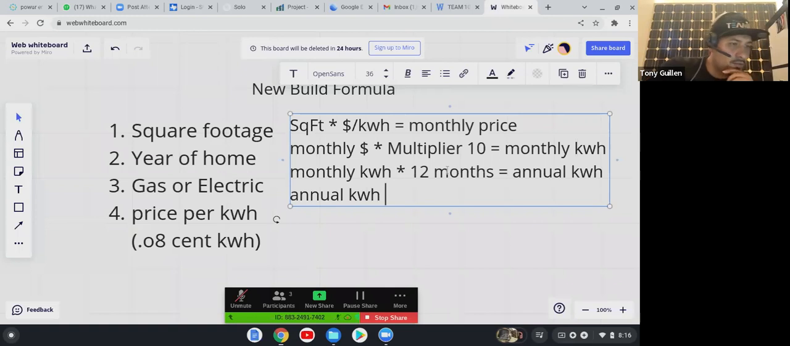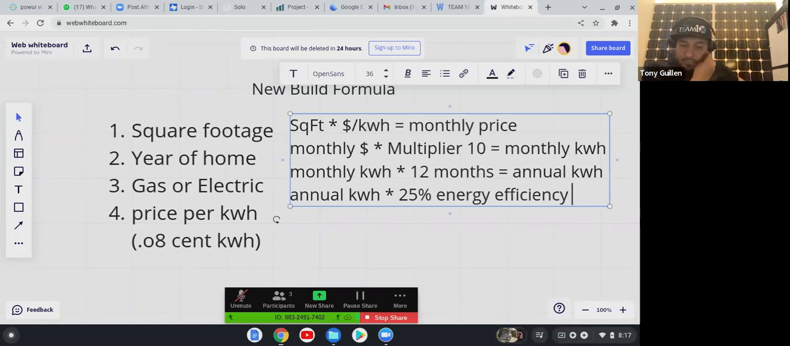So if you know it's a full electric home, now you're going to multiply the annual usage times 25% for energy efficiency. So the 25% energy efficiency,